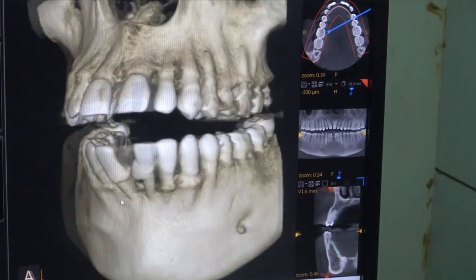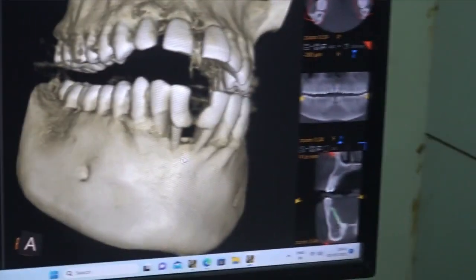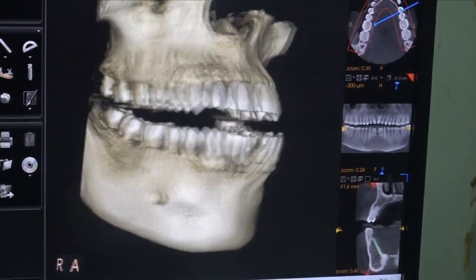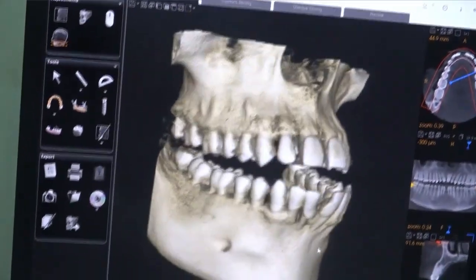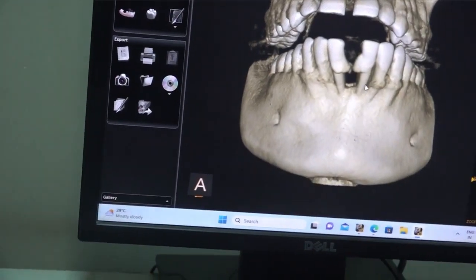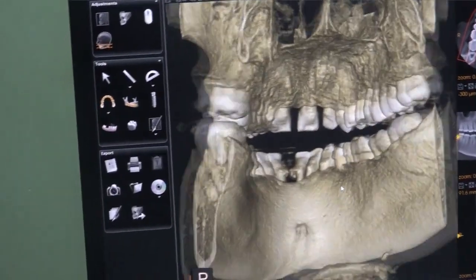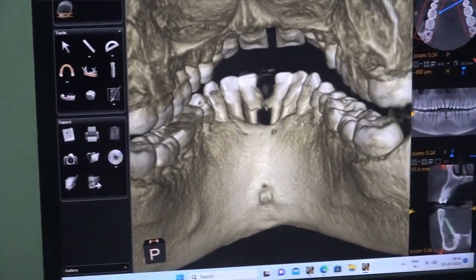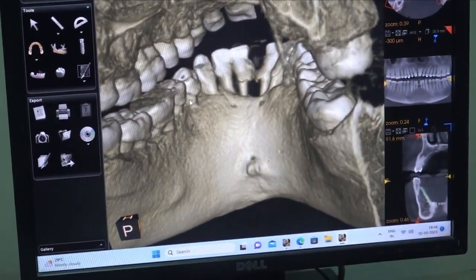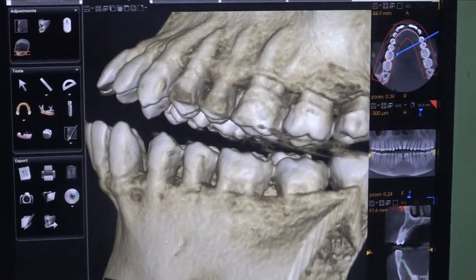The patient's chief complaint is lower anterior mobility. Just observe and tell your observations. Lower anterior severe bone loss, especially the 3-1 and 4-1. And if you see lingually, there is bone loss in 3-2 and 4-2 also. And you can see